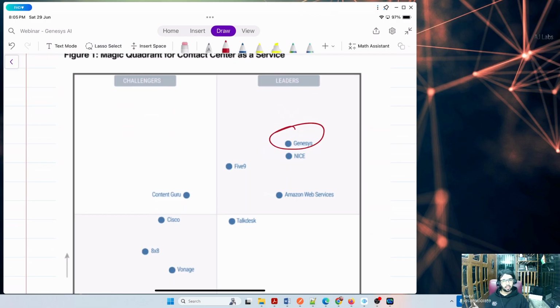Five9 is there, NICE is there, they are equally important. But as discussed, Genesys is always leading in the market. They have a solid, scalable contact center solution. So this is the right time to learn contact center, how Genesys contact center and things are organized there. This webinar will help you get an idea about what Genesys contact center is, and our focus will be building a complete self-service AI chatbot and deploying that in a real website. All right, so that's about the intro.